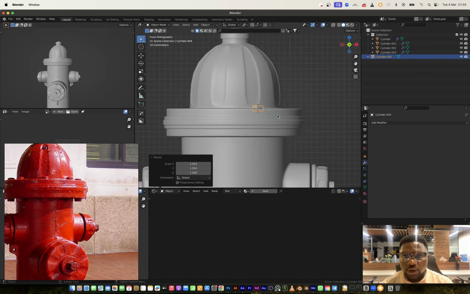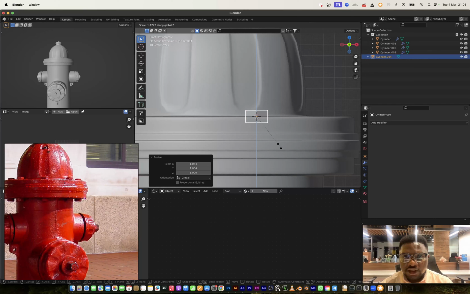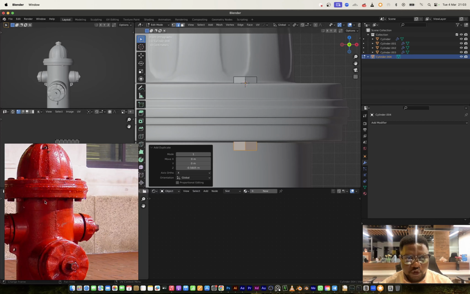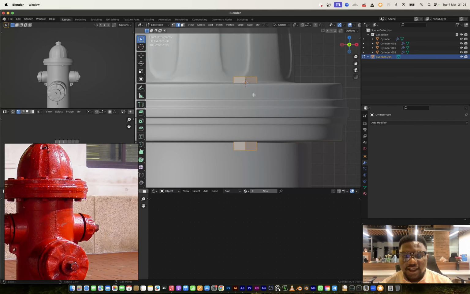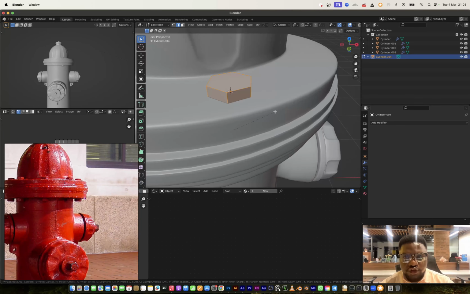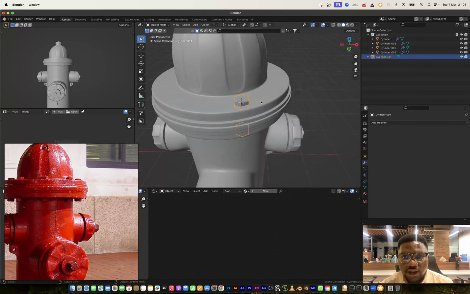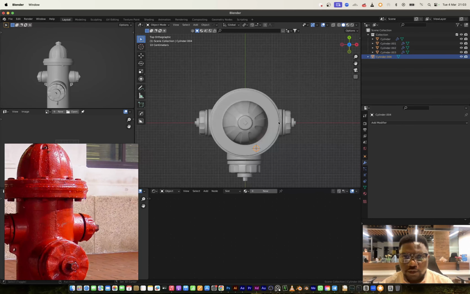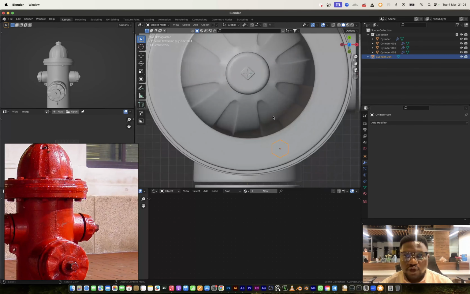So what I want to do is Shift D, S Shift Z. I want to duplicate that to the down part because we also have the knot on the down part also. And I can select it all, apply my scale, and what I want to do is just bevel this. Easy. So with this now, I can go to the top view, move my cursor to the center of the